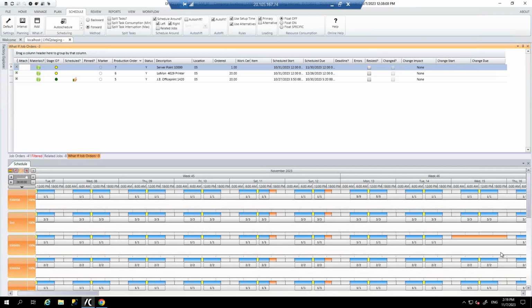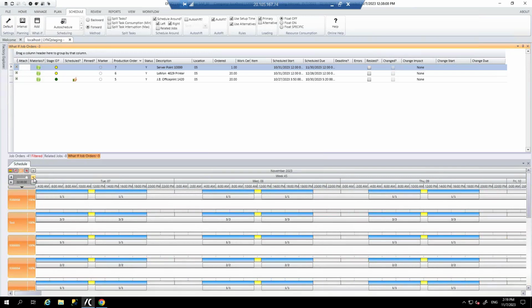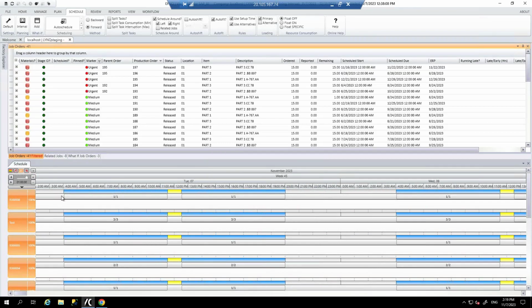Now, very quickly at the bottom, this is the graphical planning board, and the graphical planning board is displaying time increments within a planning horizon. Capacity is measured in hours. So what you're seeing here are your work centers, and each work center has a shift associated with it. Here you can see this blue color is working time, yellow is non-working. So we've got a shift starting at 4, ending at 8 p.m. with an hour's lunch. We can also see the number of resources in that work center, whether it's employees or machines. You'll see those resources there, which are consumed when we start scheduling production orders.